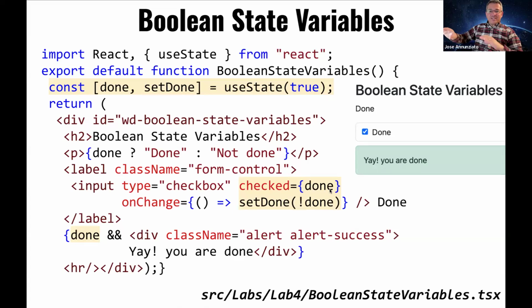If done doesn't change, then this checkbox will always be checked regardless of whether you click it, because its state is always being overwritten by the value of done. And since it's always true, it will always be checked, even if you try to uncheck it. Unless